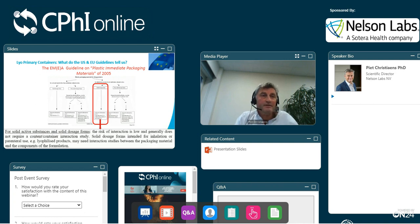So in the text, they refer to what is stated here. For solid active substances and solid dosage forms, the risk of interaction is low and generally does not require a container content interaction study. Solid dosage forms intended for inhalation or parenteral use, however, like lyophilized drug products, may need interaction studies and so on if necessary. So here, the text could be interpreted as